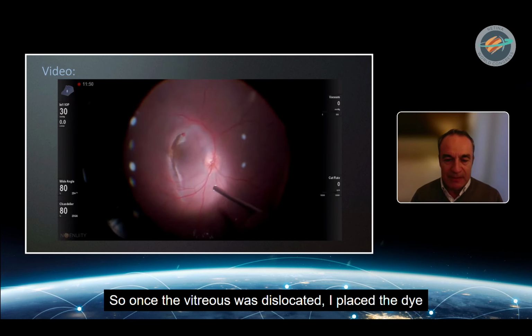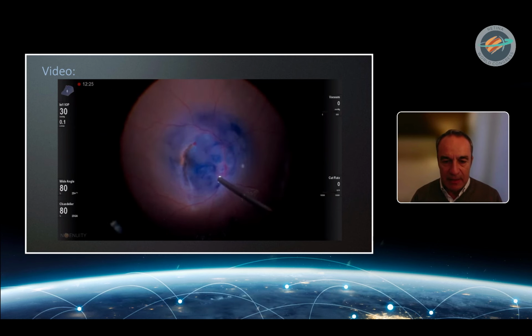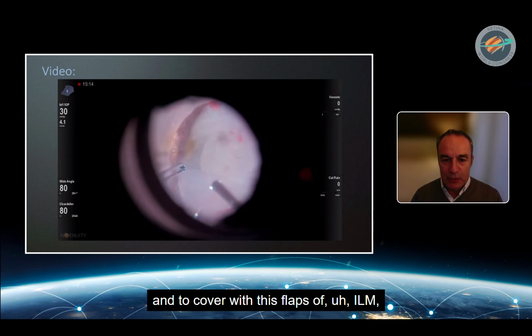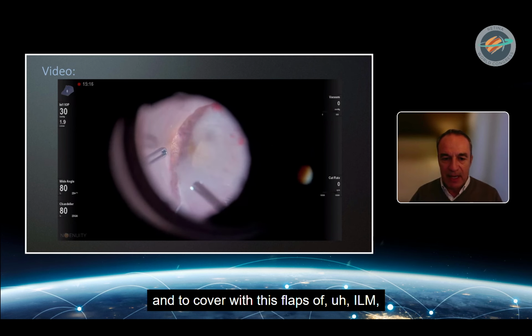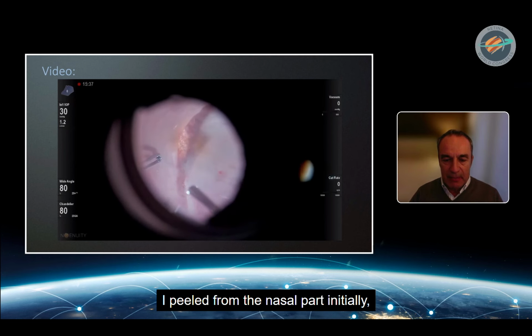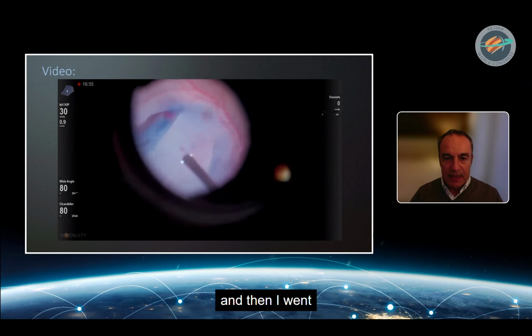So once the vitreous was dislocated, I placed the dye and I started to peel the ILM and to cover the large retinal break with these flaps of ILM. I peeled from the nasal part initially,